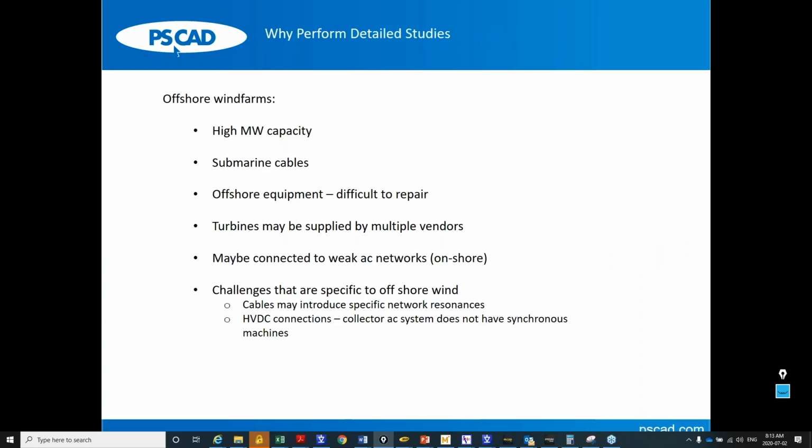So we already discussed why we need to perform detailed studies. Large capacity of these wind farms. You have submarine cables, which introduce network resonances and network characteristics that you need to consider in the overall design. And like I said, if things go wrong, it's difficult to maintain and repair, so you want to make it